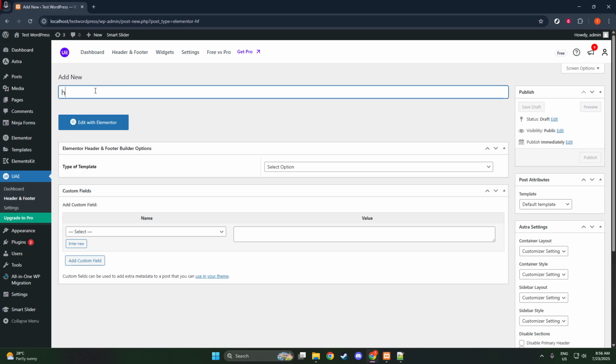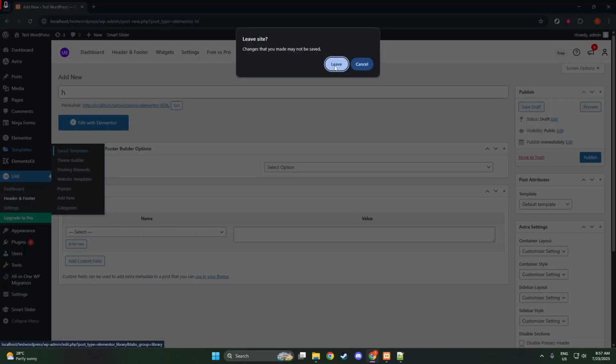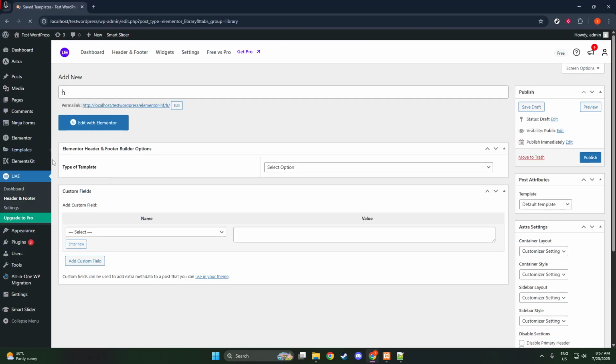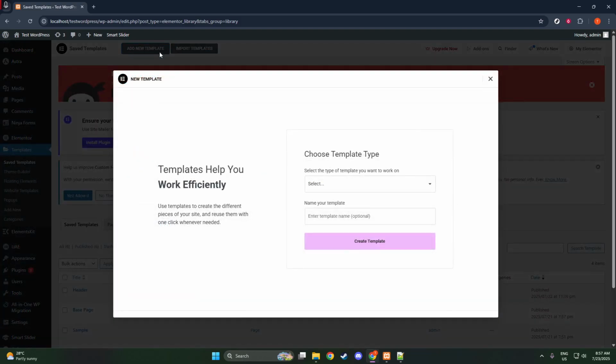Once your header template is set, it's time for some creativity and design magic. Click on Edit with Elementor to begin editing your header template. You'll enter the Elementor page editor, where you can start by dragging in widgets like your logo or a navigation menu. Elementor offers a user-friendly drag-and-drop interface, making it simple to place and style elements precisely where you want them. This step allows you to customize the look and feel of your header to align with your site's branding and